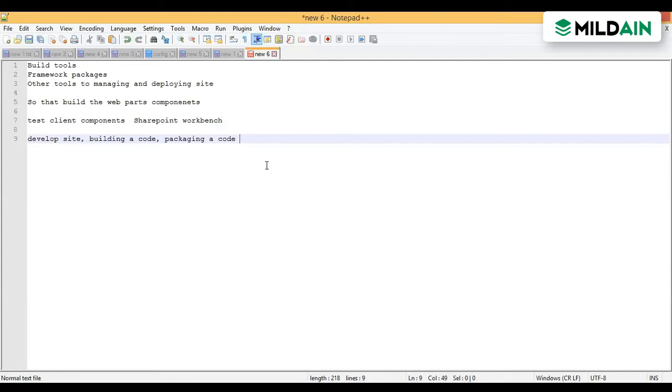Give me 1 minute. Let me take an example. When we are using Visual Studio coding, creating web parts, we can say SharePoint Workbench is a platform.